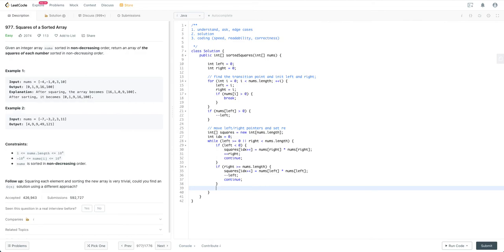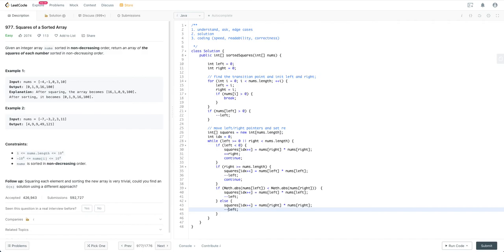So the comparison is, we are doing the absolute value comparison. If Math.abs of nums left is smaller than Math.abs nums right, you're going to do something like this, and otherwise we are going to say, okay, it should be the right stuff plus the right, and then finally we just return the squares. So that's pretty much it for